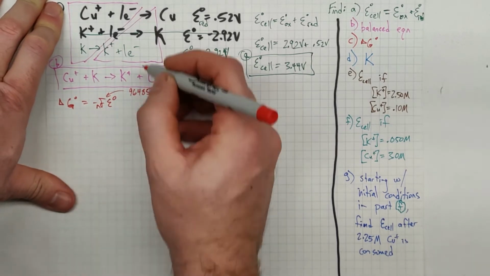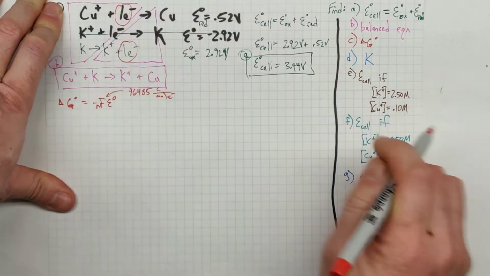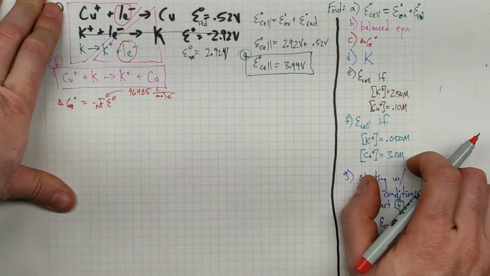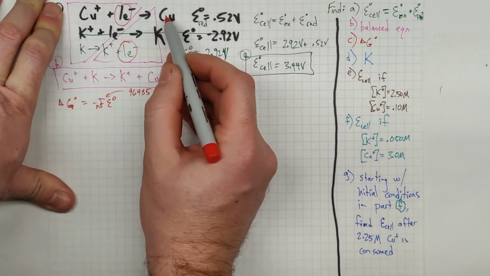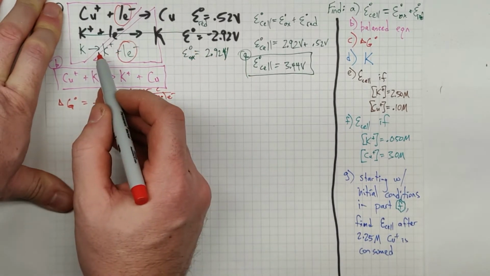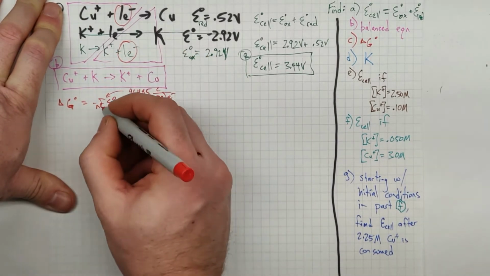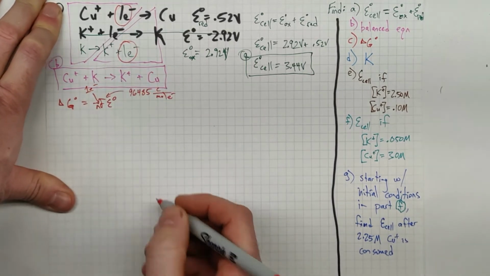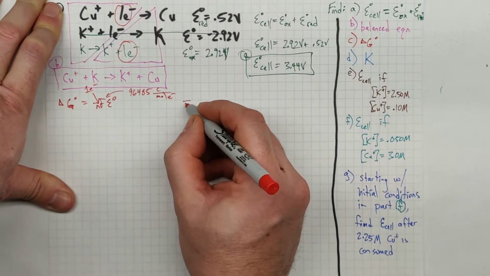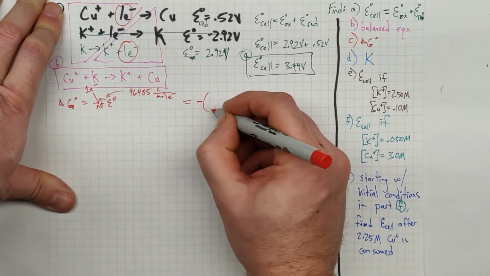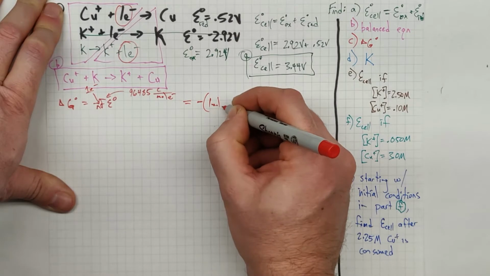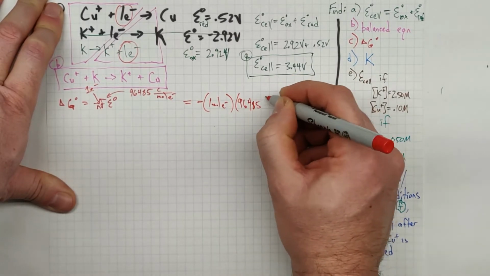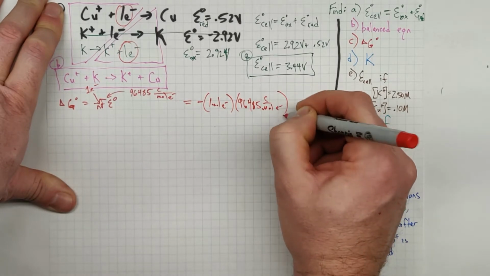This N right here is our 1. If you're used to redox problems, combining those equations, you need to make the number of electrons match, because one equation is supplying electrons and one equation is using electrons. So in this particular case, this number here happens to be 1 electron. All right, so we can plug in some numbers here and find out that negative 1 mole of electrons times 96,485 coulombs per mole of electrons times